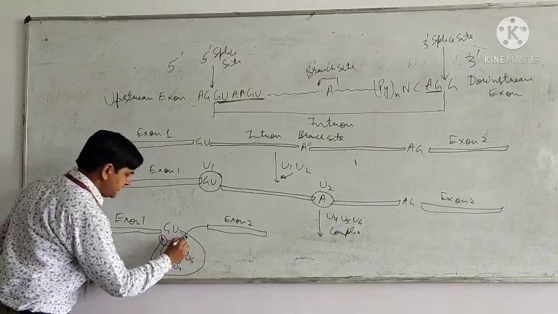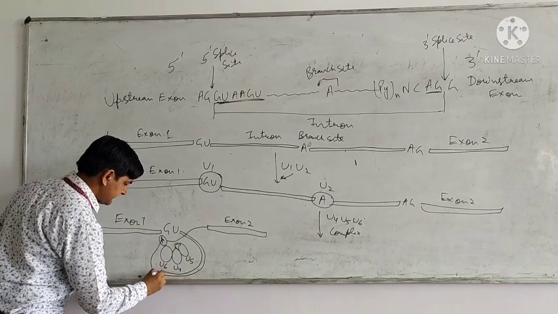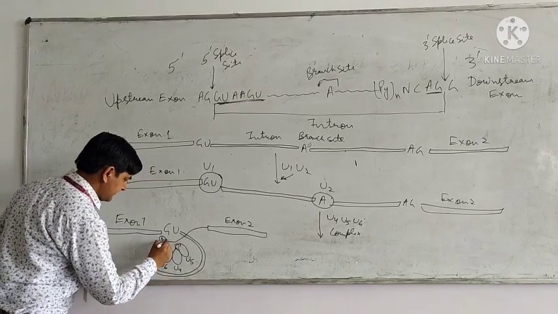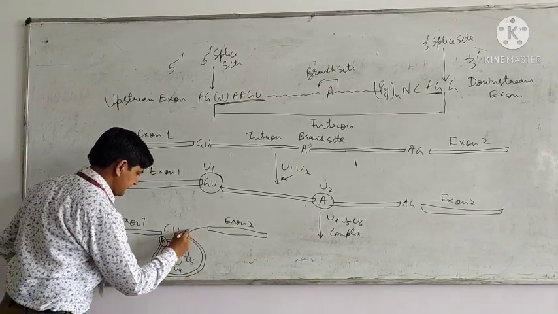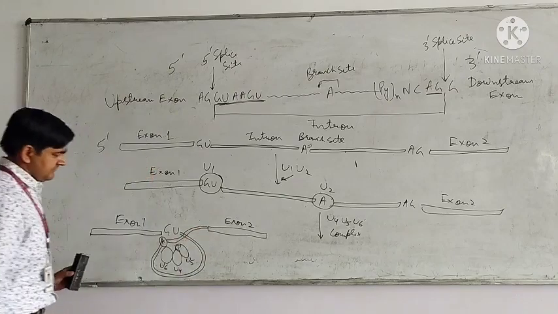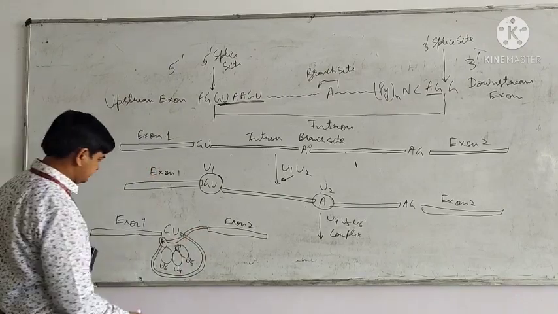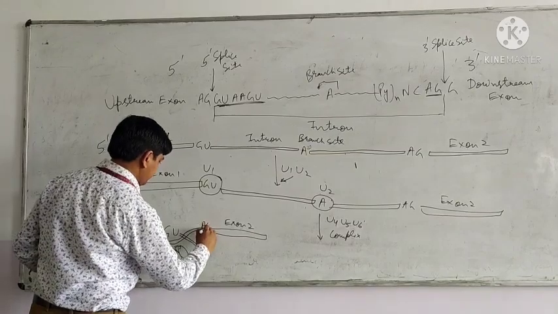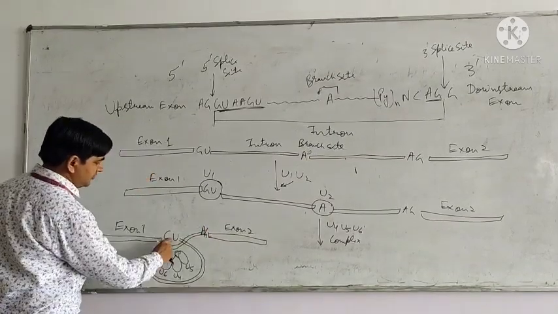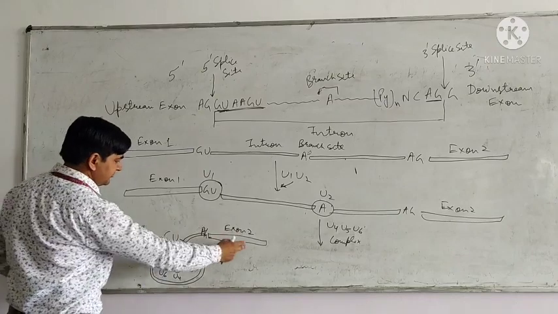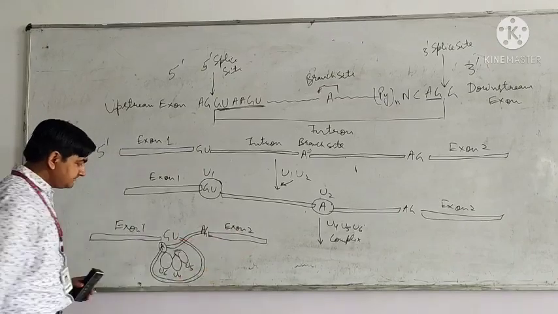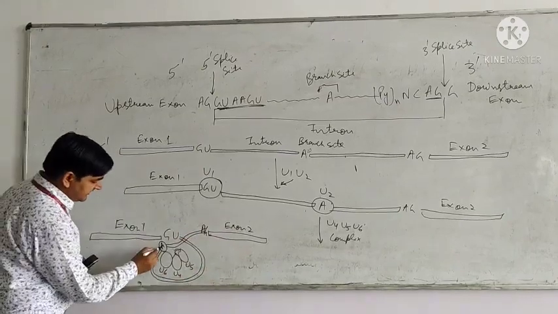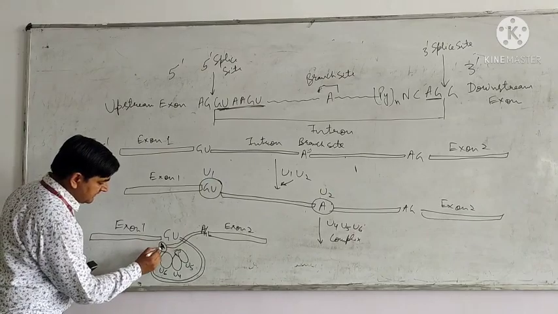It comes in such a way that the GU and AG and these exons come close, and then the branch site adenine molecule,